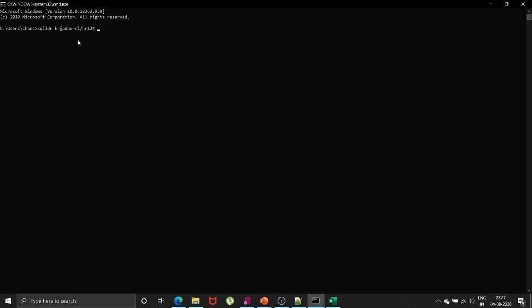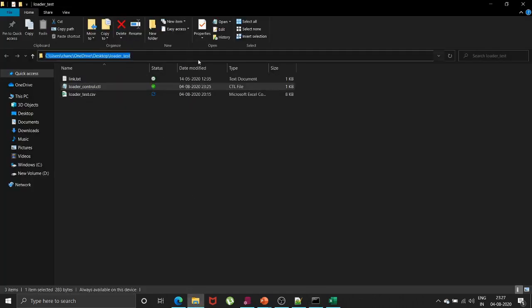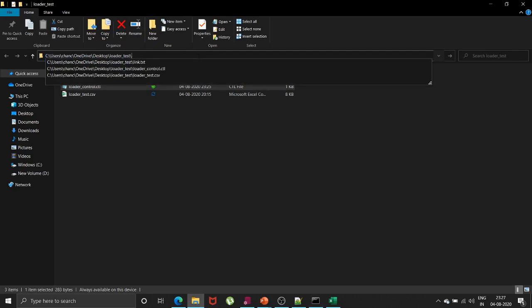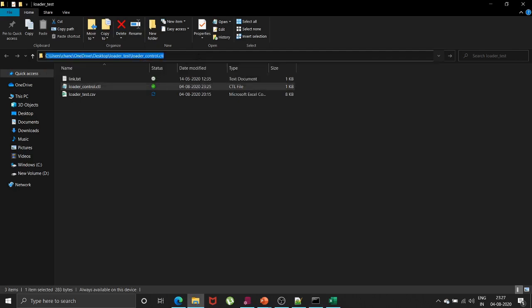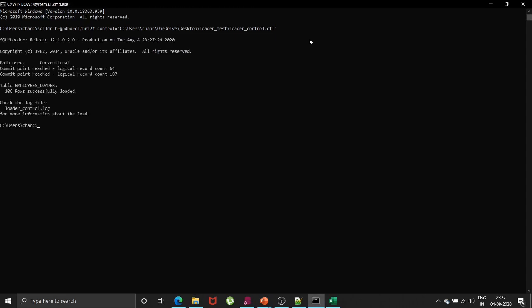HR12 hash is my password. Then you have to mention control and the path of the control file. I have already copied the path from here. You can also copy it from wherever your control file is kept. Then I will press enter.